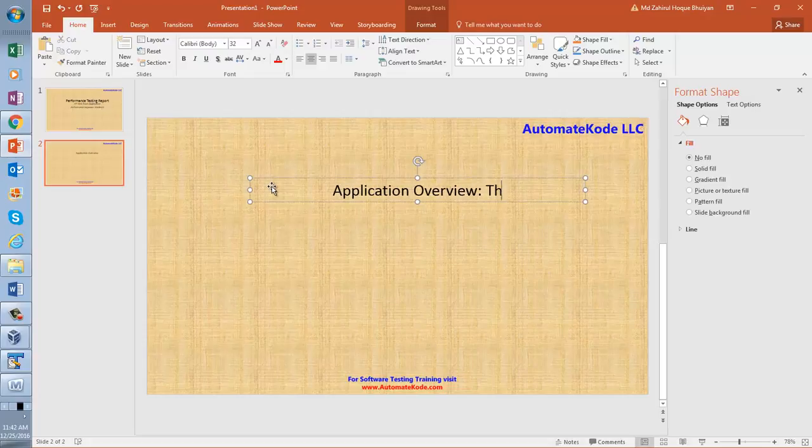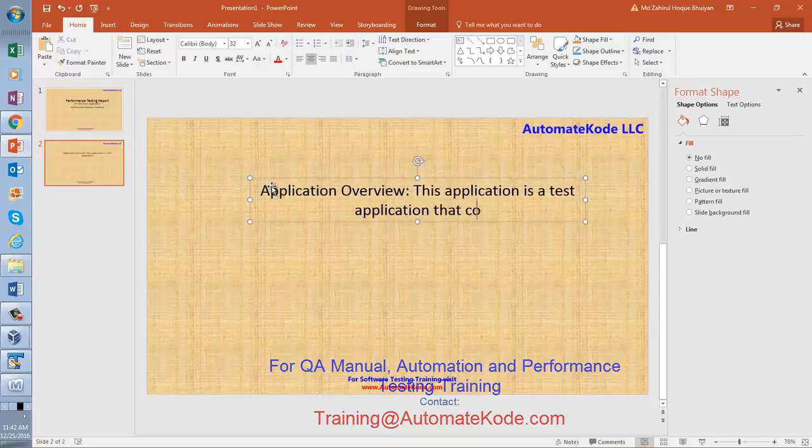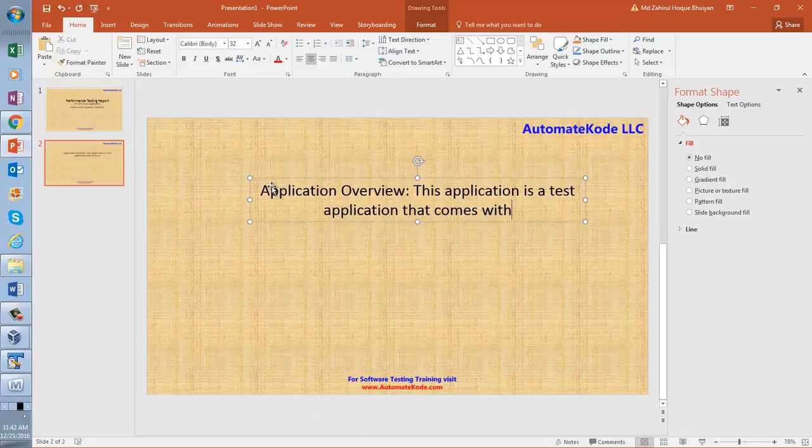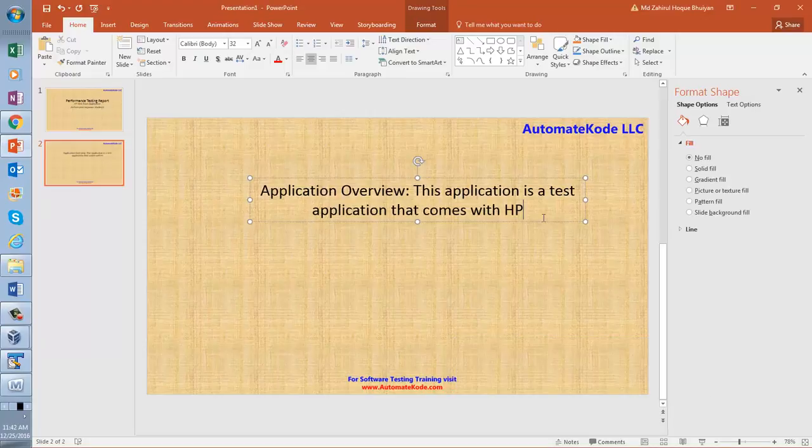This application is a test application that comes with HP LoadRunner.